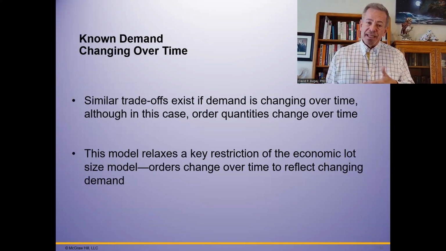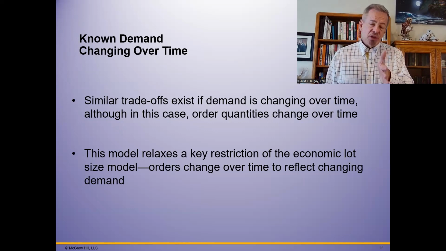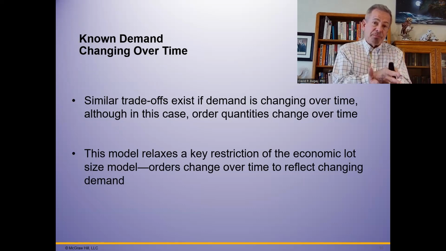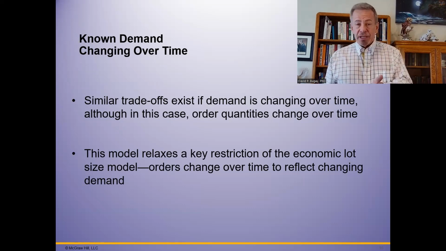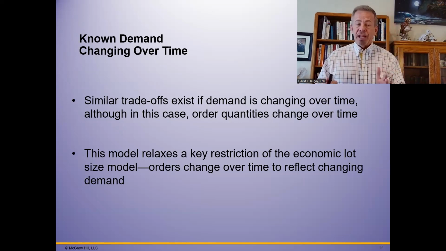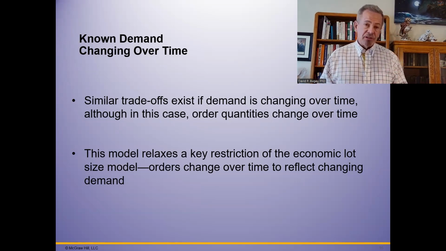Similar trade-offs exist, but in this case, order quantities change over time as well. If you're looking at the 3 J months, January, June, and July, almost all retail will have a brief slump. In January, in the retail world, you have diminished demand because people went nuts over the holiday season and spent a massive amount of money. Now they're getting the credit card bills in January. June and July, half the world is on vacation. So you have to pay attention to all the different aspects of what that means if you're selling a product that's going to be on retail shelving.